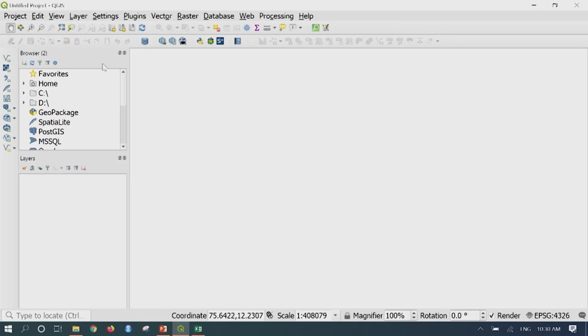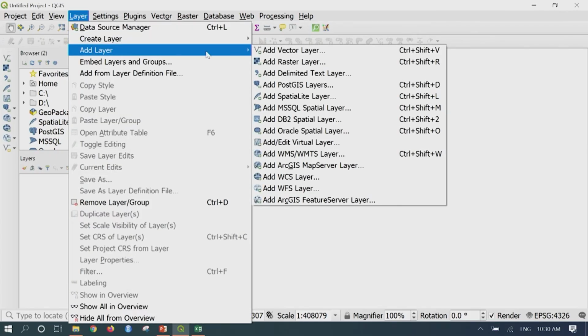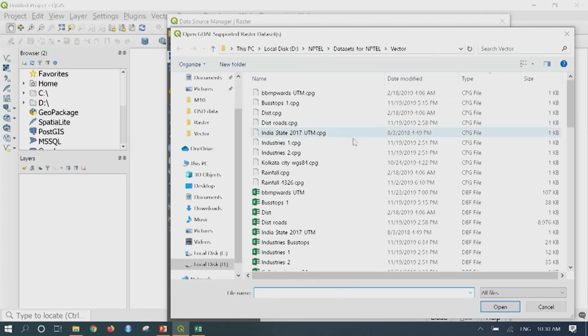Similar to the vector addition, raster also can be added from the menu bar. Go to the layer section, add layer, and here we can say add raster layer. Once again, there will be one more tab opened with the source type. Now this time what I am going to do is I will select with the browse button,